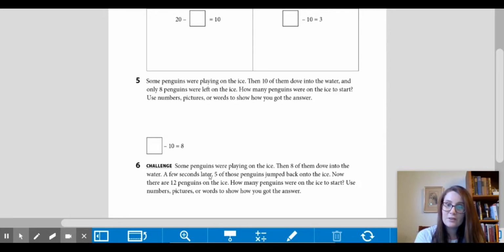And then you have a challenge. Some penguins were playing on the ice. Then 8 of them dove into the water. A few seconds later, 5 of those penguins jumped back onto the ice. Now there are 12 penguins on the ice. How many penguins were on the ice to start? So in this problem, you're going to be working with 3 numbers to figure out how many penguins were on